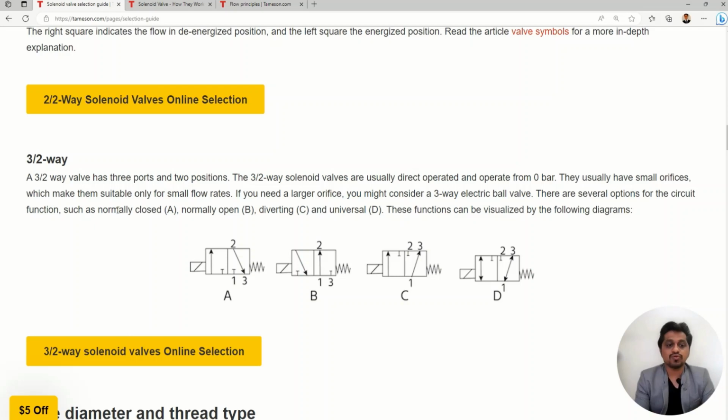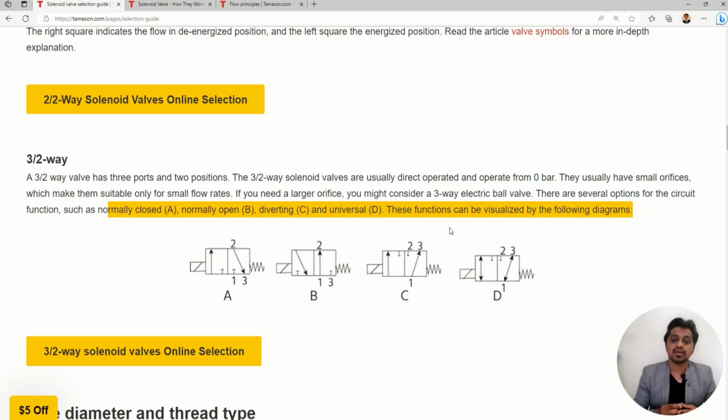So you should know what is the meaning of these ports and the symbols and all those things for better understanding, and that's why I have carried out a separate session on the types, the pneumatics basics. So I will drop a link, and please check out that video. So this is about the circuit function,